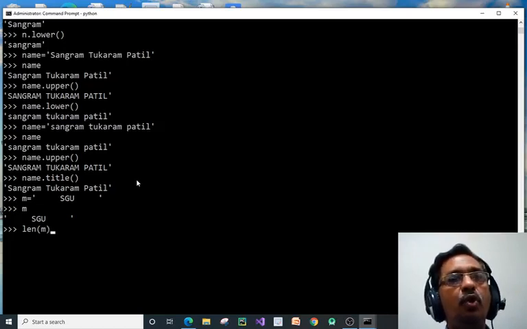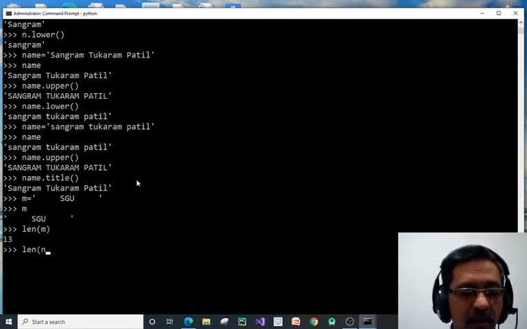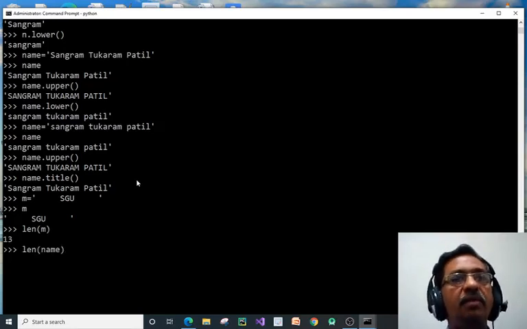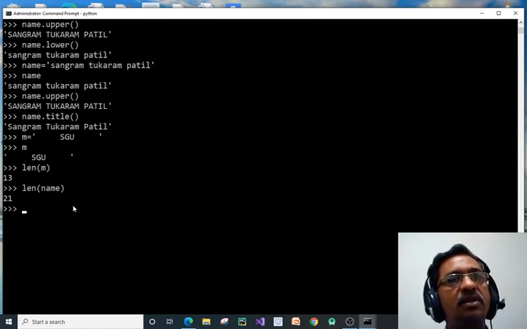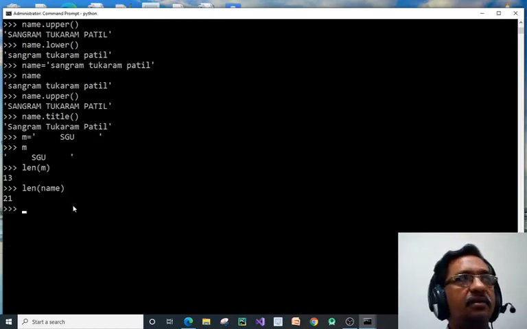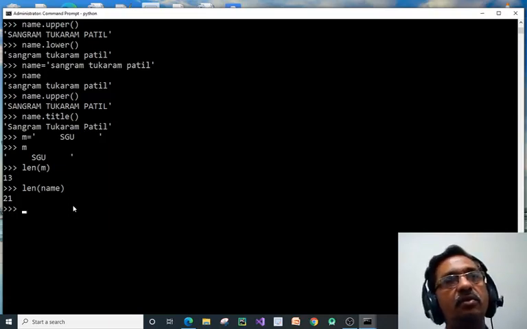It gives you the total number of characters present within the string, 13. If I use len of name, where the name is Sangram blank space Tukaram blank space Patil, it is 21. Blank space is considered a valid character.